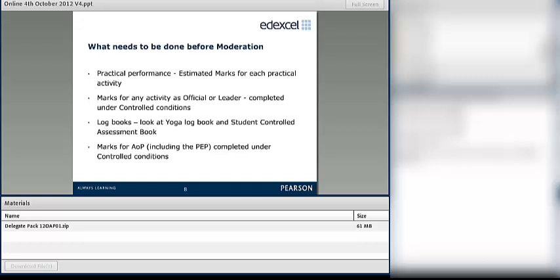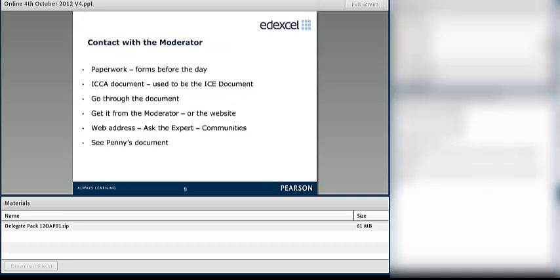Okay, we've got a question, I think, from Tanya, which is about the ICA document. You'll be directed to the website to download the ICA document. But having said that, your moderator would probably send you a copy anyway, because it's easy to send it as an electronic copy. Okay, so if we move on,